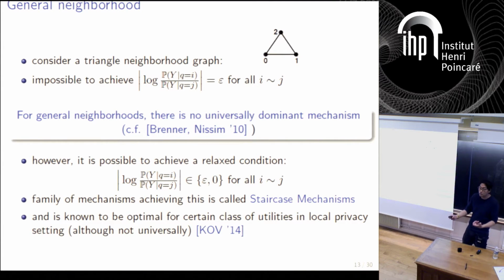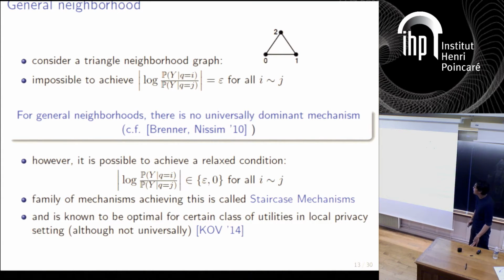So that's another intuitive reason why having a dominant mechanism that's universal for a neighborhood that's not binary, when your database is more than just 2 kinds, is difficult. And this notion has been made precise in a different context, where utility is measured in a Bayesian setting, by Brenner and Sim, 2010. Question,